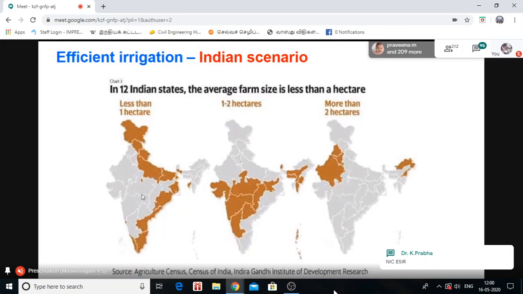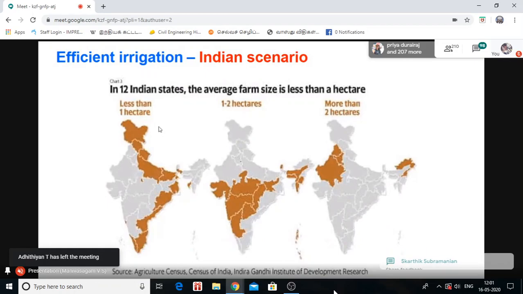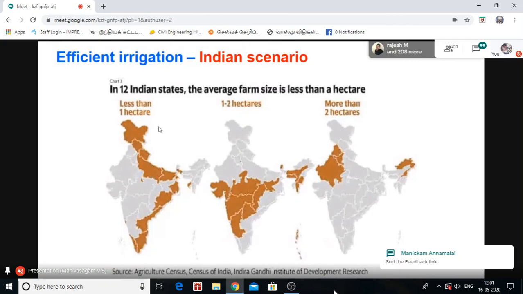As I told earlier, in India the major farmers have a land size of less than 1 hectare. So the average land for an Indian farmer is 1 to 2 acres. So we have to think about how much farmers can afford to spend on getting this technology. If it's available free of cost, then you can easily adopt. But if they have to deploy a sensor, whether it's affordable for them, that's a big question mark.